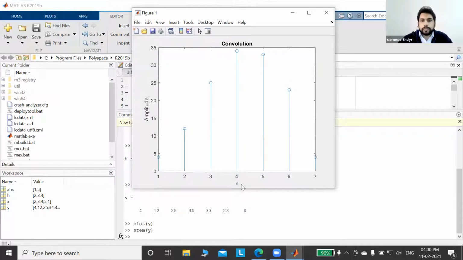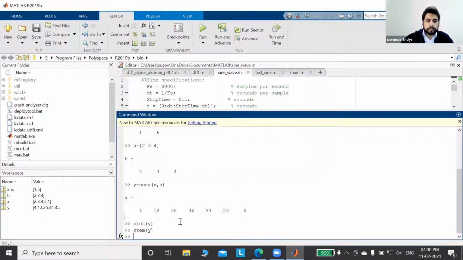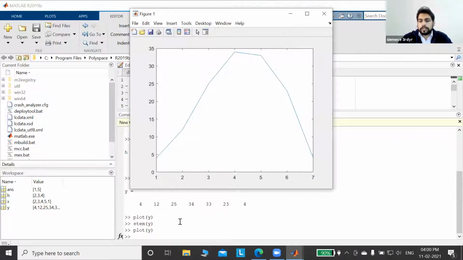I have defined this x level, and I have defined the y level. So how to do that? I'll do it once again because you cannot see. If I write down plot to plot the y value, it looks like this. Can you see this now? Yes, sir.